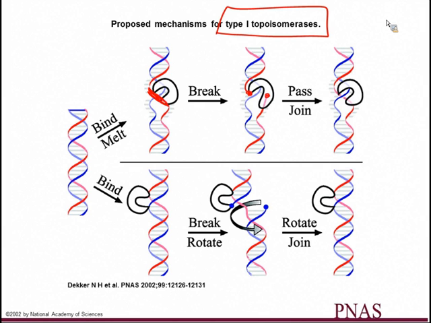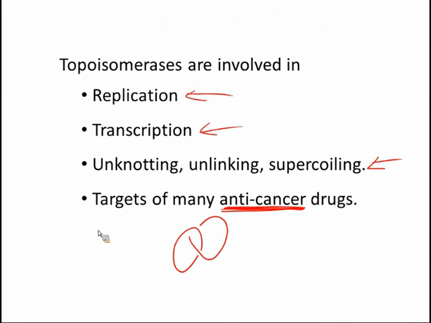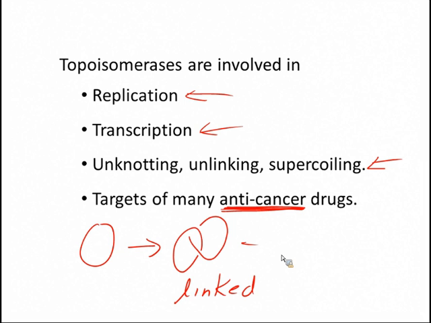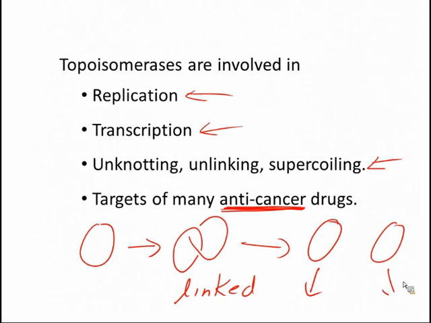If you slow down the topoisomerase, well, then when it comes to replication, we had one molecule gets replicated, but now it might be linked. These two things need to become unlinked so they can go into different cells. But if you slow down the topoisomerase so it can't do this, then the cell dies because you can't separate